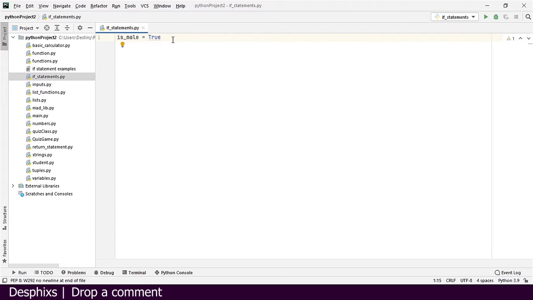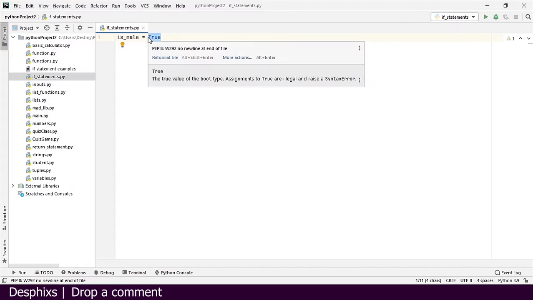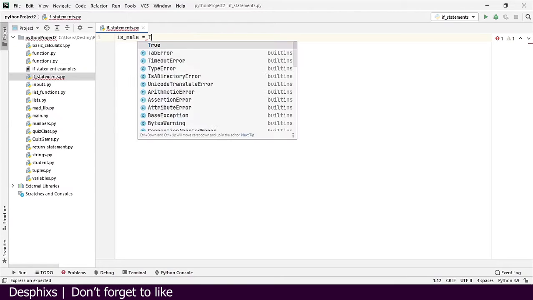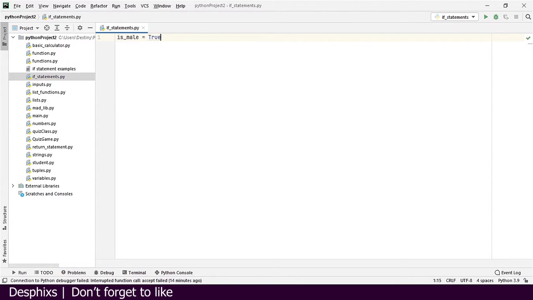It's used to check if something is true or false. For example, I'm a male, so this is going to be true. But we don't know yet. I'm just setting this to a value true. We can also set this to false for the moment, or we can leave it as true. So it could be anything now. But let's go ahead and continue doing what we want to do.